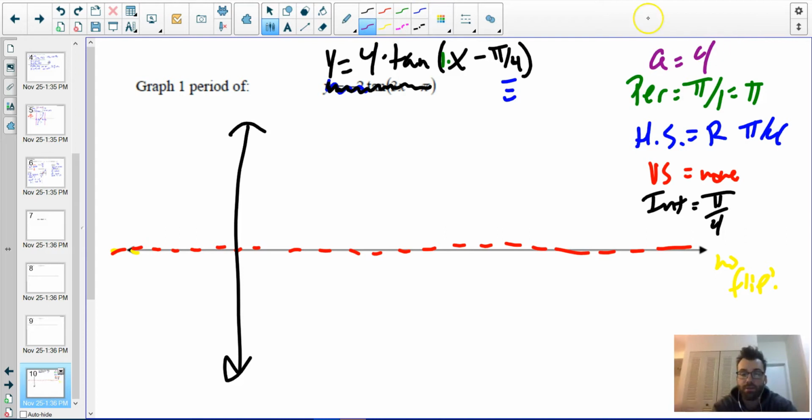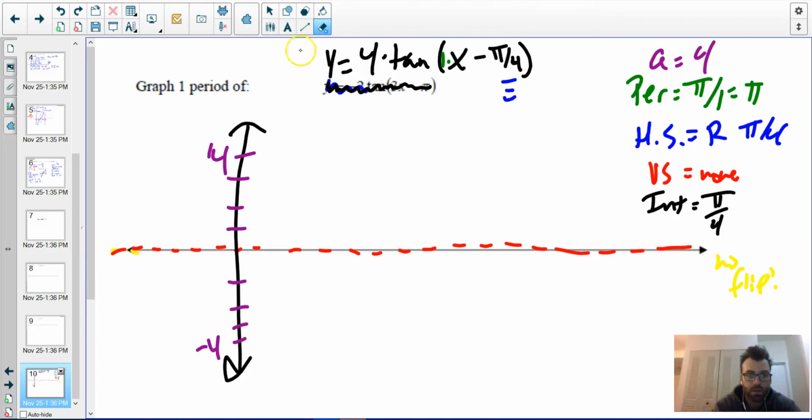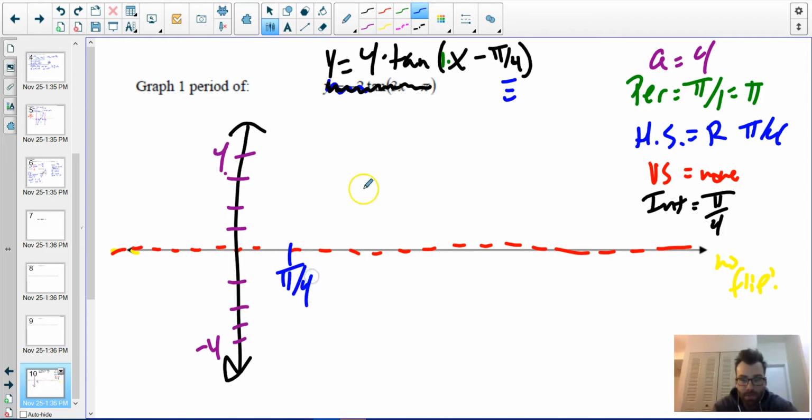My A value, my vertical stretch, was 4. So 1, 2, 3, 4. Negative 4 and 4. All right. What's next? My horizontal shift was right pi over 4. So that looks about pi over 4. My interval is pi over 4. So since my horizontal shift was right pi over 4,